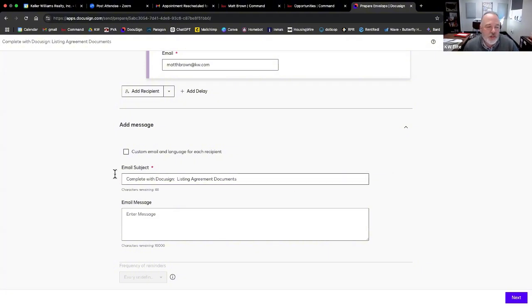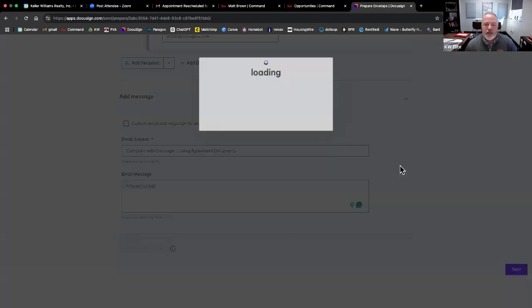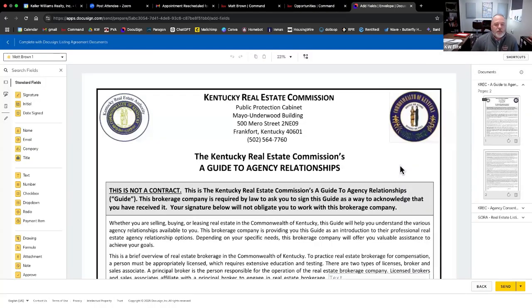There we go. So I'm going to hit this. You can type out a message to anything that you wanted to type. If there's something specific you needed to say in there, you can do that. And then we're going to go to next. And now it's going to set us up for e-signature. So a couple things on how this page works